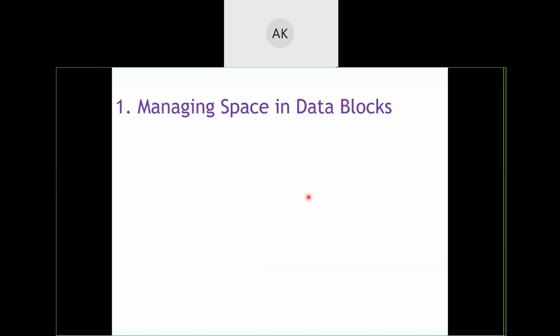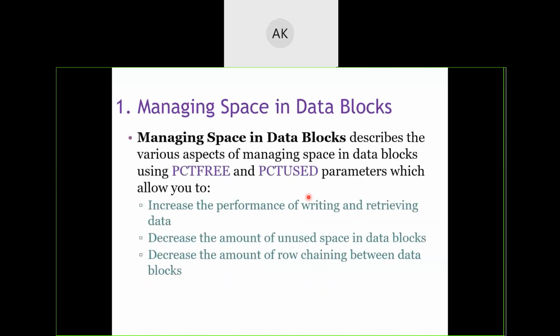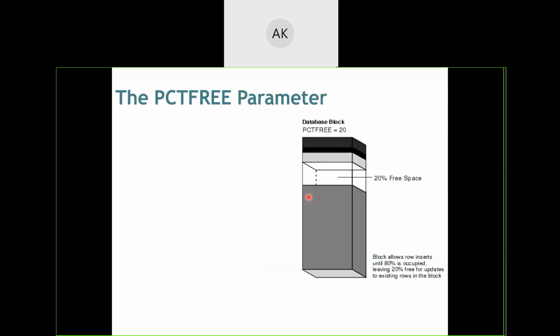So, coming first to the managing of space, as we have learned, percentage free and percentage used are two parameters which are mostly used for controlling the data block allocation. I gave a very vague example with regard to your tiffin boxes: if the tiffin box is filled to the brim, 100%, then you will not be left with any space for manipulating your tiffin items.